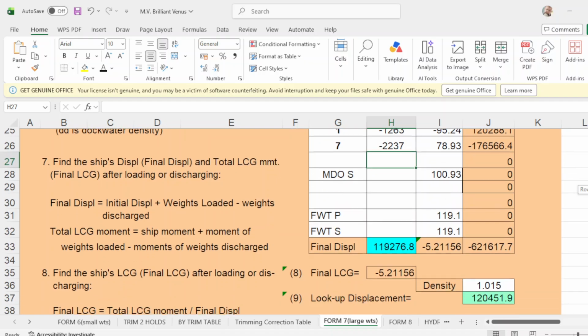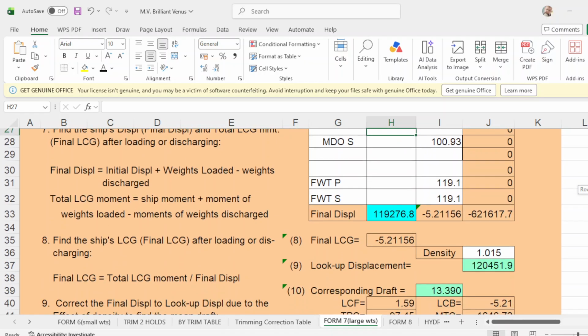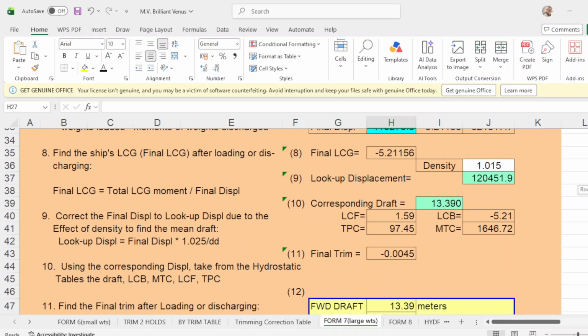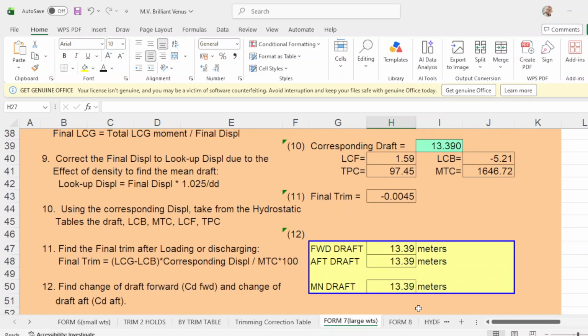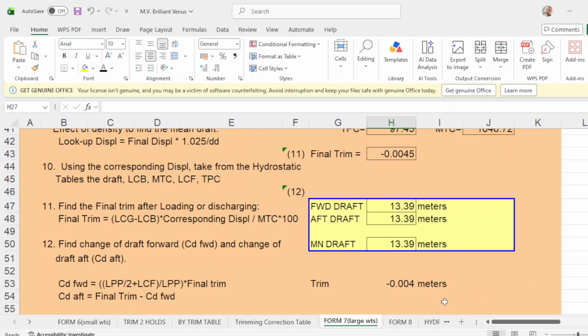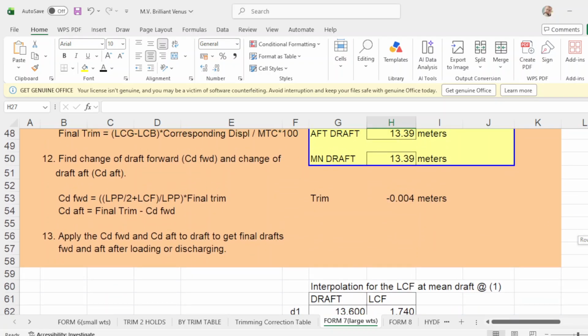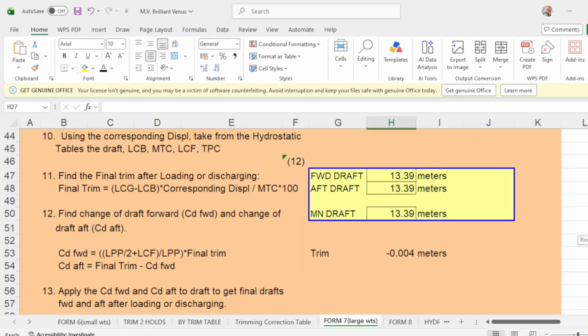Then your departure drop will be even keel of 13.39 forward. Up drop is 13.39, and mean drop is 13.39. And your trim is 0. And your deflection, okay?